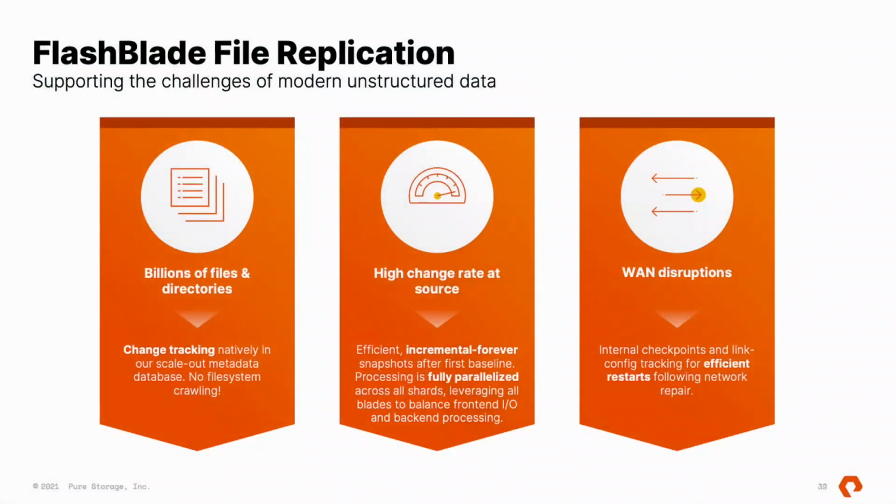So the last piece of how we support high scale replication environments is that everybody has to deal with WAN disruptions. You cannot assume any part of the network is reliable. For that, we're taking internal checkpoints of the progress. These are efficient, again, inside of that database system that we have. We can easily track where we were in that progress and handle all manner of different kinds of disruptions, pauses, et cetera, so that we have really efficient restarts when the network is repaired. And so all of these things come together.